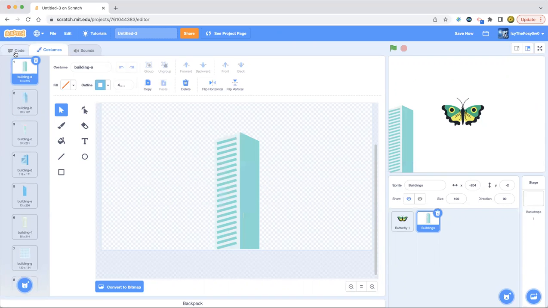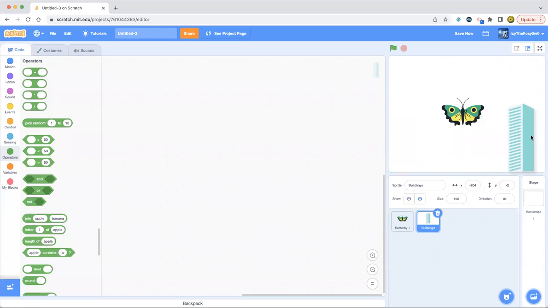So anyways, we're just going to go with this one because it's the best we can go. So it's like a work building. So we're going to be using the work building. And the butterfly is flying, so